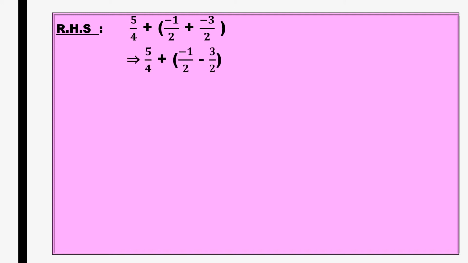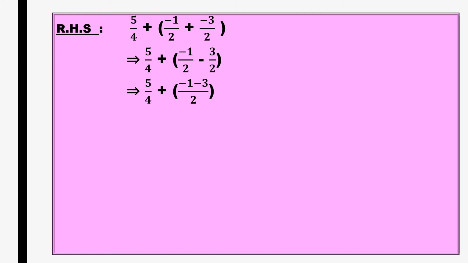Okay. Next, here bracket things are not solved, right? Till now also bracket things are not solved. So I can solve this bracket one. So like this. 2 LCM is 2 only. Whenever the denominators and the LCM are same, the numerators will be same only. Minus 1, minus 3. Okay. So I'll simplify this. So 5 by 4 plus minus 4 by 2.